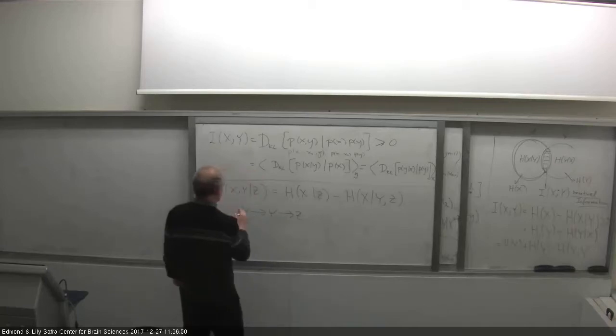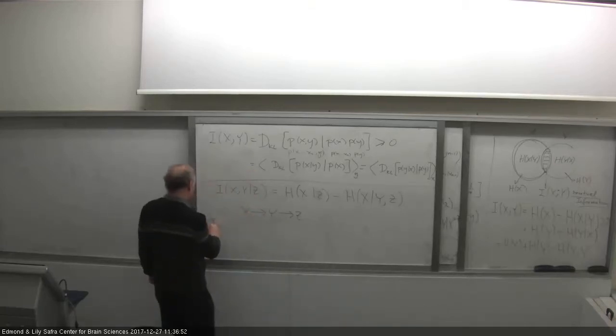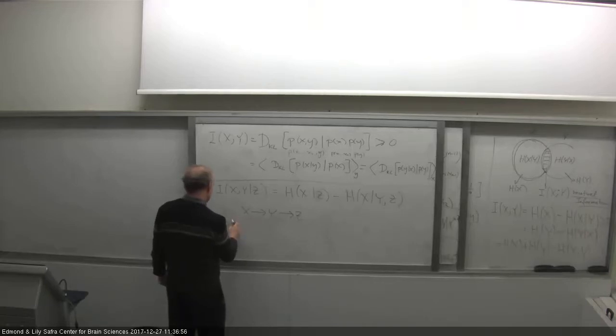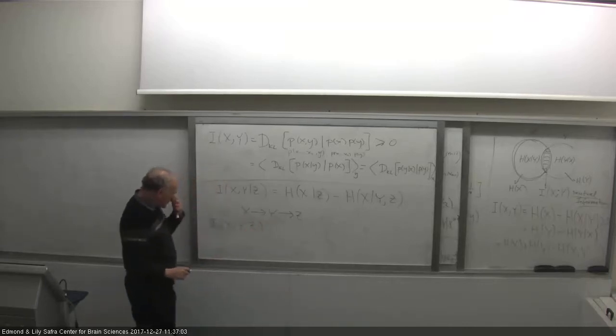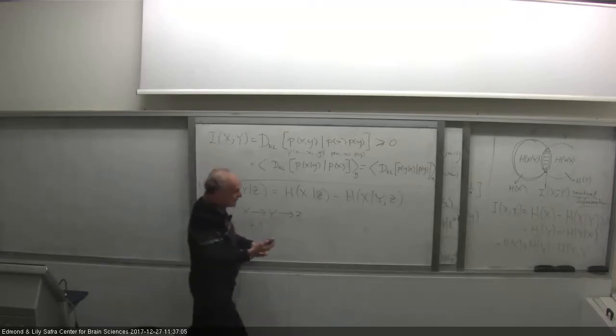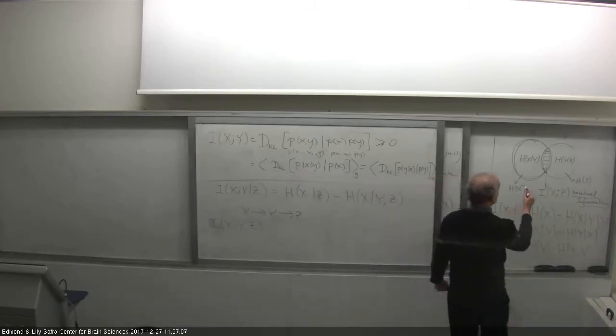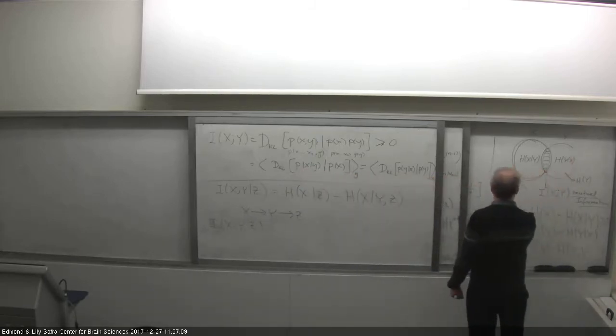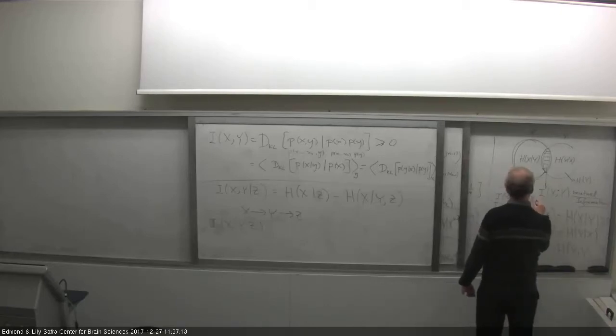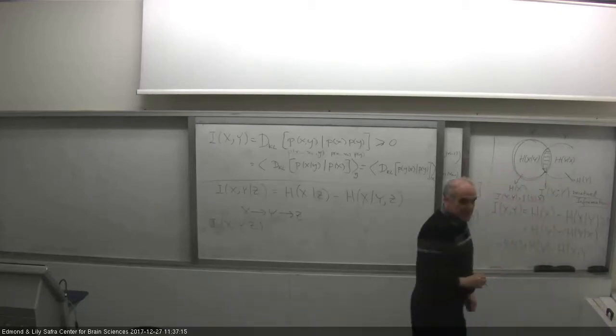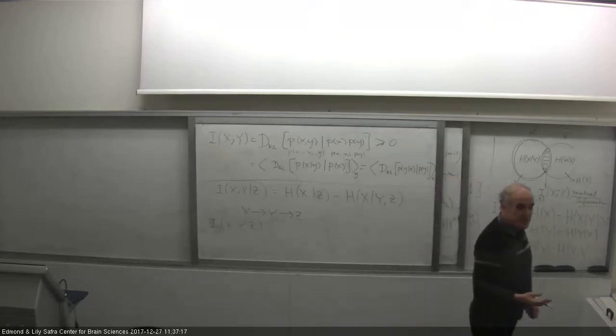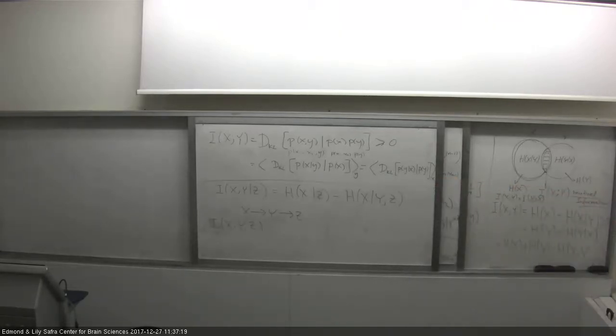Okay, so I have this chain rule. If I have two variables, x and, let's say, x with respect to y and z. The chain rule is telling me, by the way, of course, the mutual information is a symmetric function. So I(x;y) equals I(y;x), and so it doesn't matter. Everything that I say about one variable is also true about the other variable.